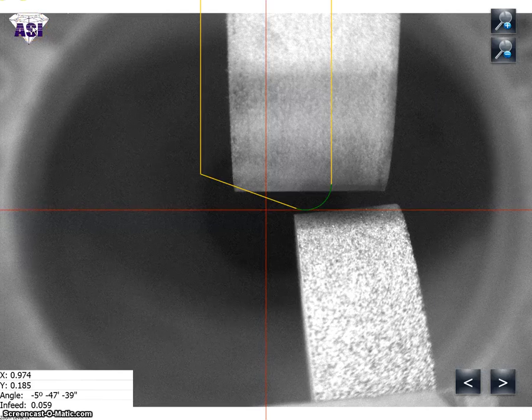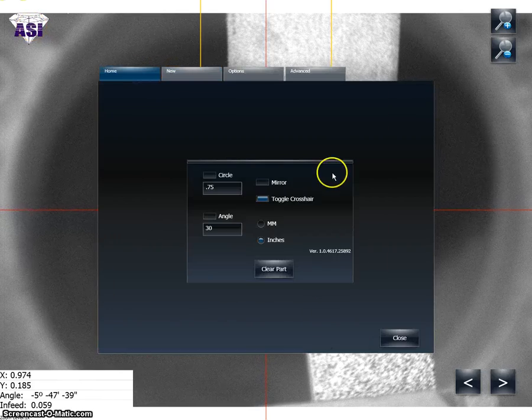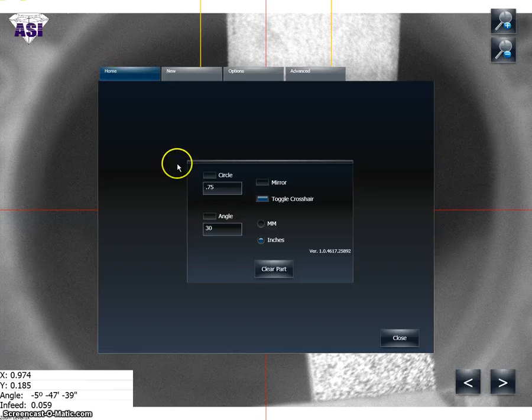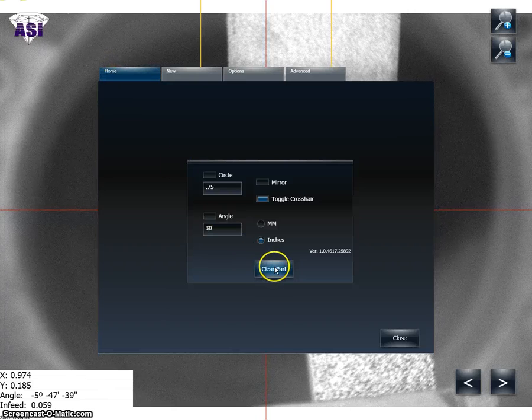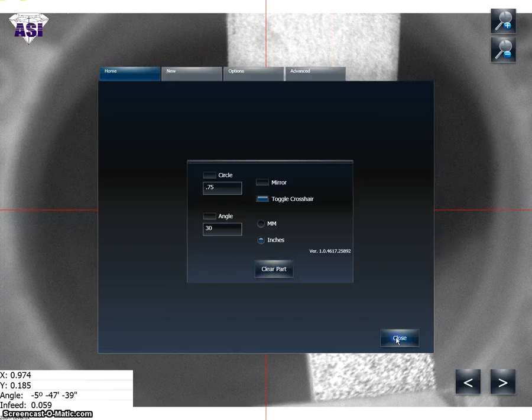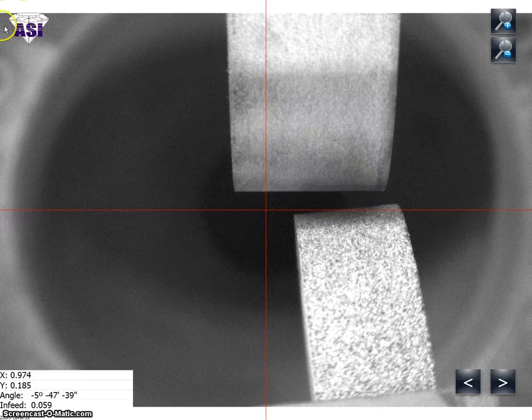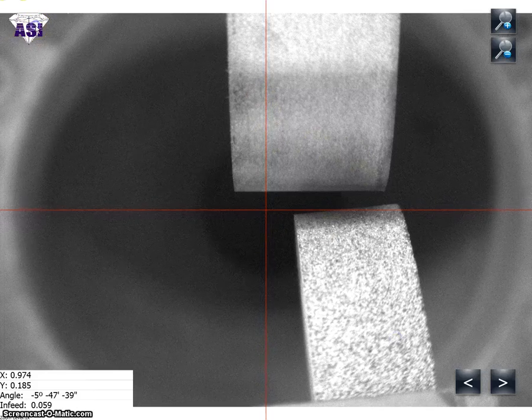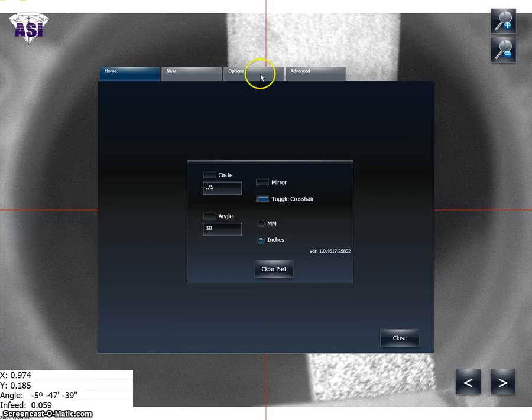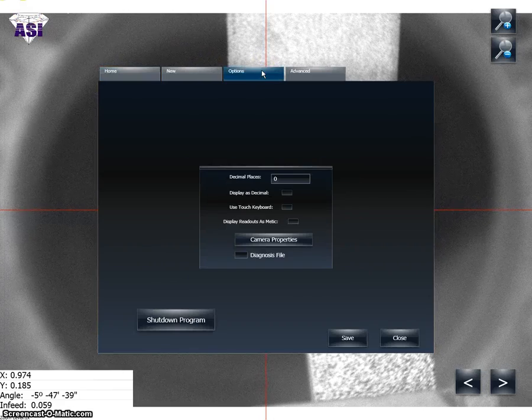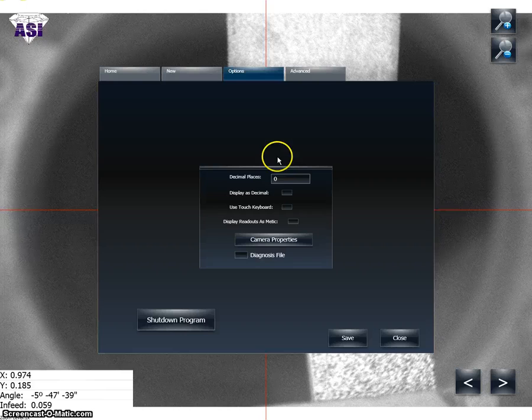Going back to the ASI logo, I had mentioned that we'd come back to this home tab and use this clear part. If you press that, now when you go back, the predefined shape that we had brought up is gone. Going back to the ASI diamond in the top left corner, under our options page, we have